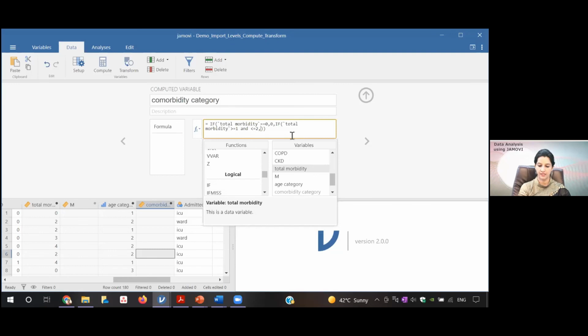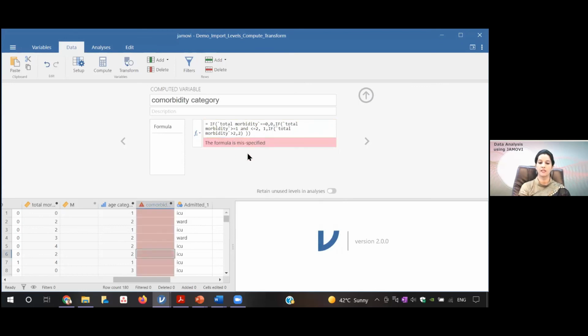And in this case, I can give this command as 1. Then again, separated with a comma. And then again, use this logical function if, again total morbidity, and if it is more than 2, then I may call it 2. And then again, I will press